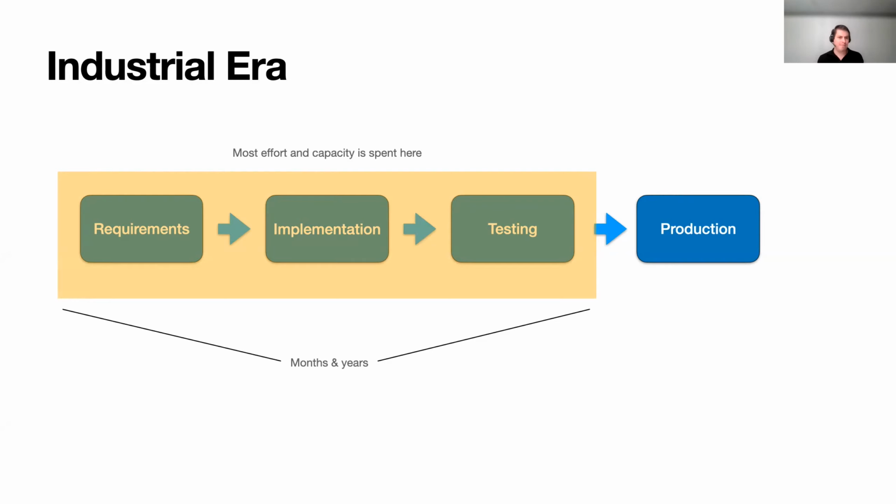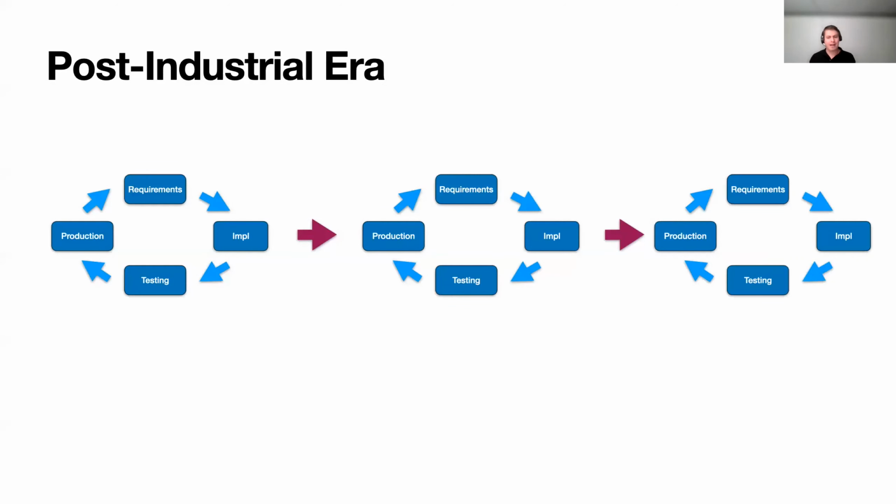But now we see in the, let's call it post-industrial era, that this is not the right process. The right process is that you shrink the process and you do very small loops, very small iteration loops. And you complete a loop, you get to the next one, and you take the result from one loop to the next one. You deploy to production, you see if your feature or your bug fix or whatever change you did works.